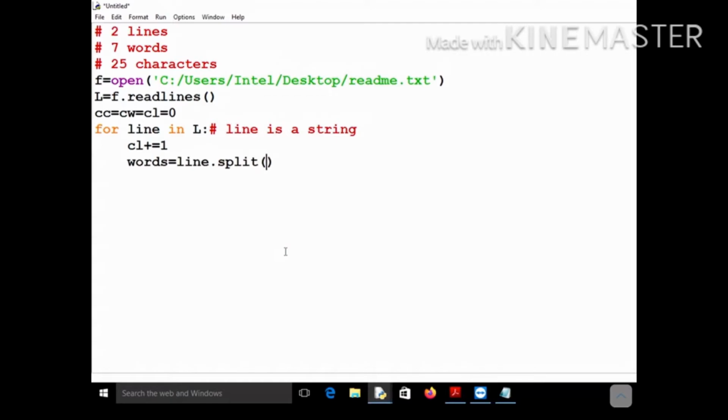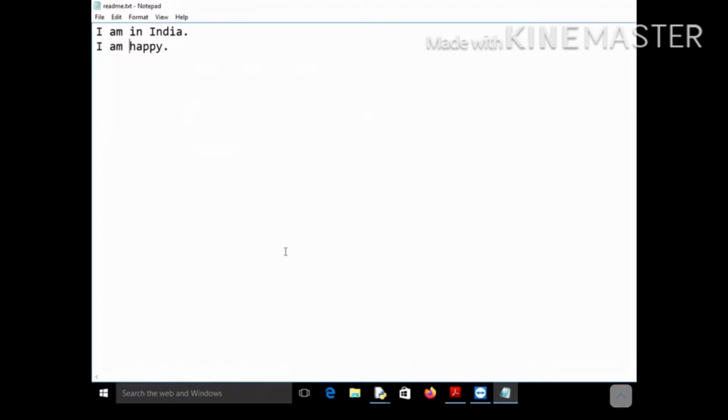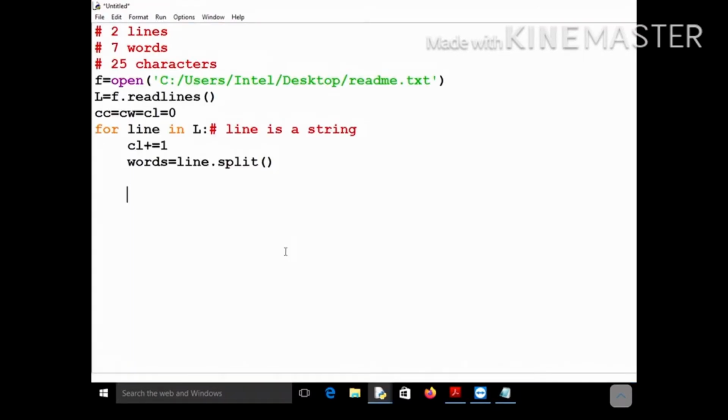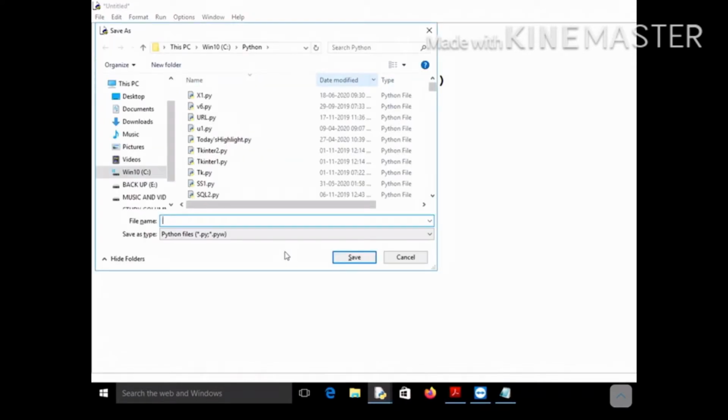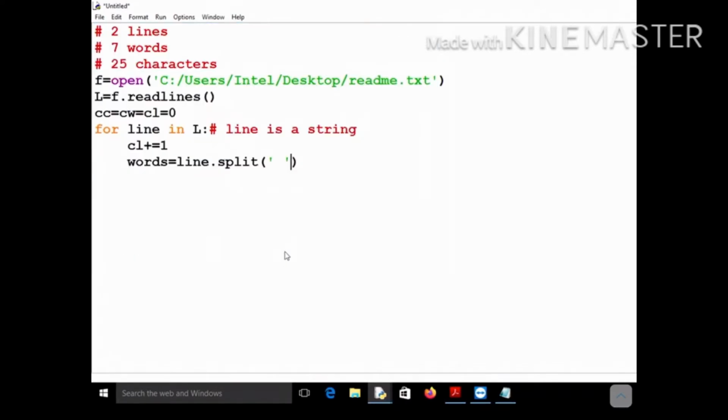You know that by default, if you do not mention anything, it will split on the basis of space. If you want, you can mention space here also, not an issue, but you need not write anything, because by default it will split on the basis of space.